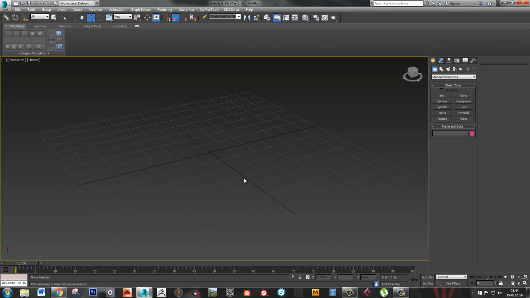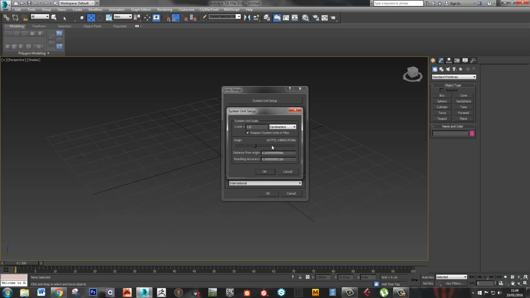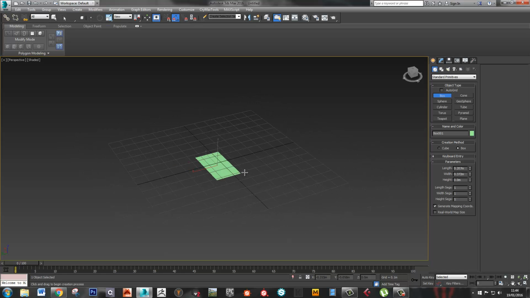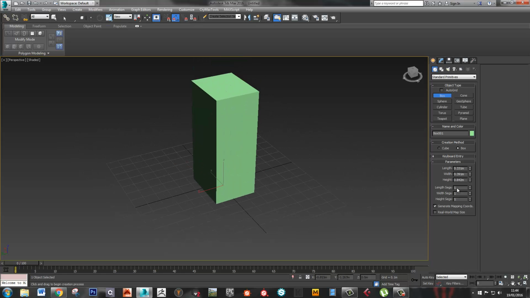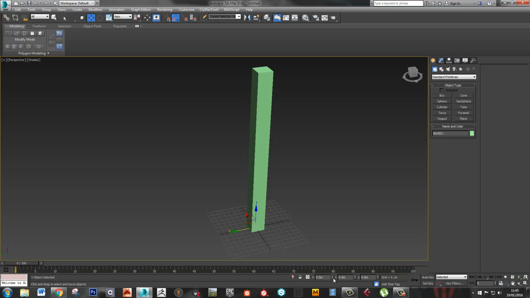Okay, so first of all we're going to make our crane, which is just going to be some simple boxes. Just make sure that my units are set up correctly, so I'm in metric and 1 unit equals 1 centimetre. So let's make a box, let's make our crane, let's make it about 3 meters high. Let's just go 0.25 and 0.25. Fine. Okay, so let's move that to 0 in the world,